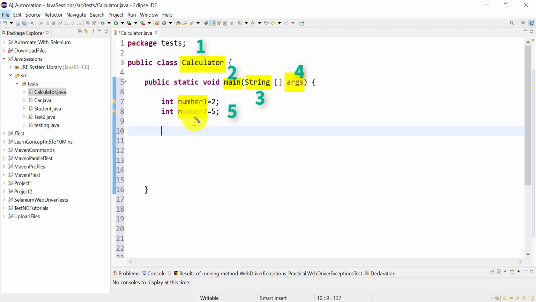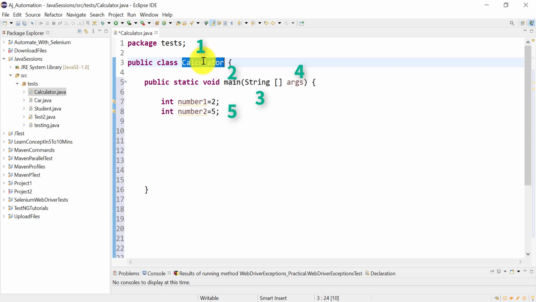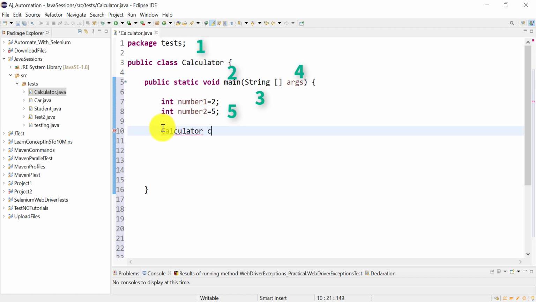Okay, and let's create an object also. How will you create the object for this class? You can use the class name, then c equal to new Calculator. So this is our next identifier.